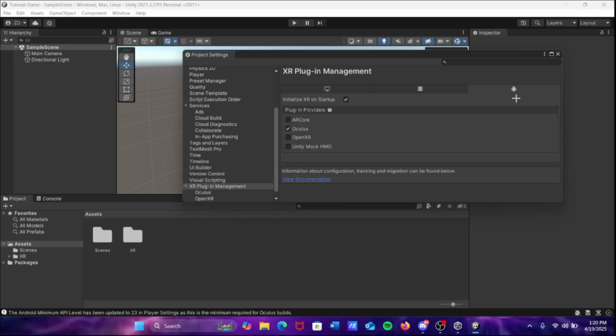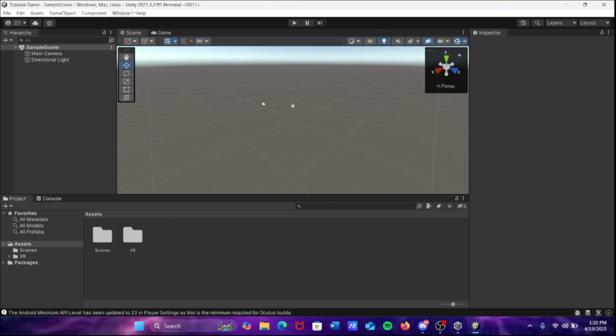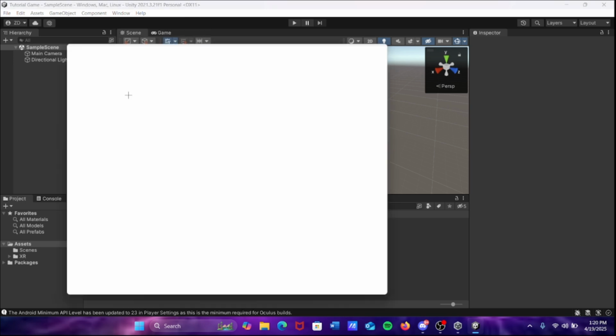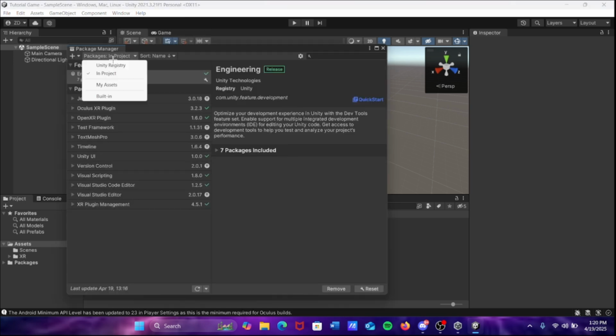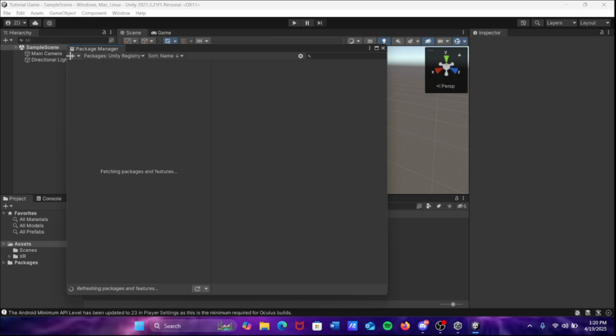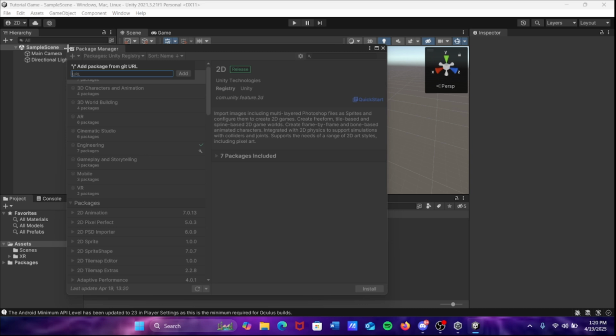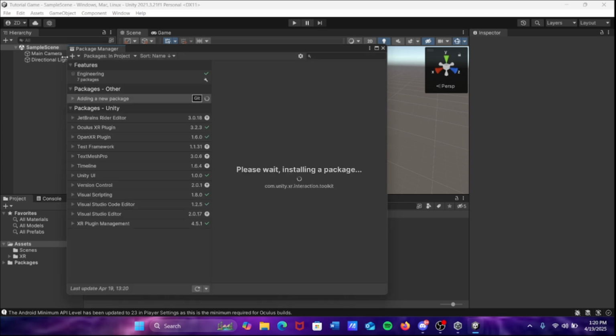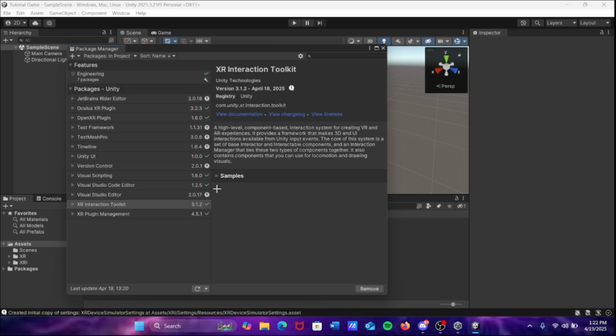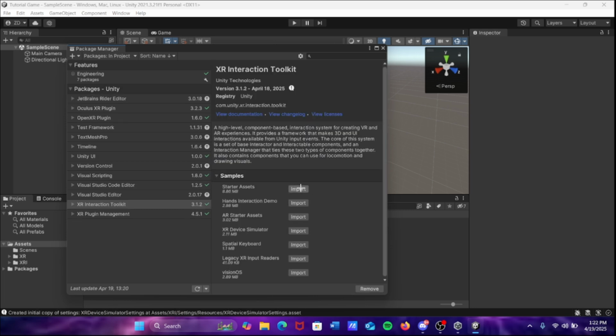Now after you do that, you're going to close this, go to Window, Package Manager, and then up here you're going to do Unity Registry, press this plus, and do Add Package from Git URL, and you're typing com.unity.xr.interaction.toolkit, just like that, and then press enter or add, and it's going to install this package. Just wait. Press samples, starter assets,